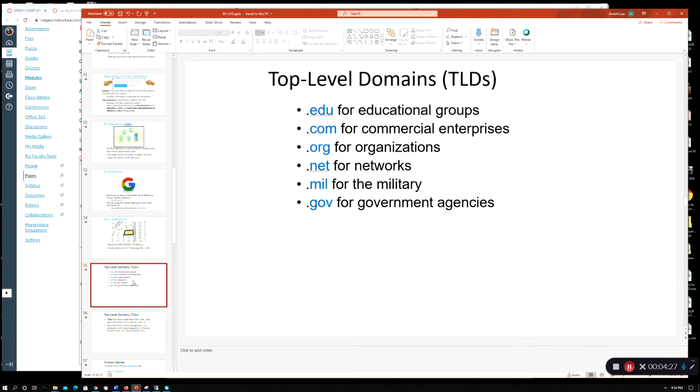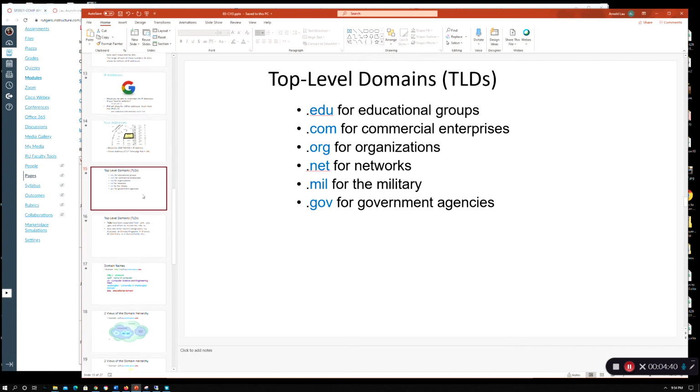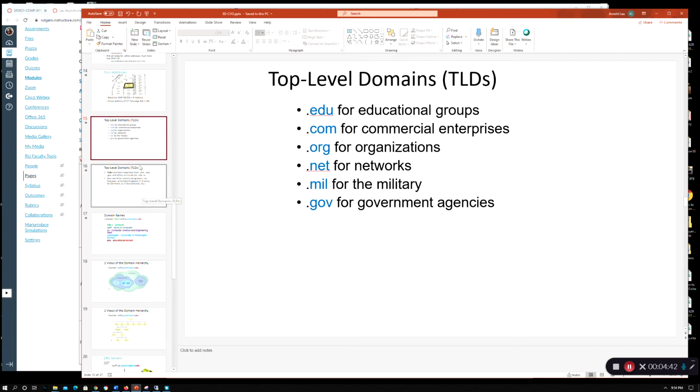So there's different sections to this. So you might see this, right? For example, Rutgers.edu. So you have what they call top level domains. I guess traditionally or historically, these are common ones. You can say these have been around for a long time. So .edu is for universities like Rutgers, .com is for